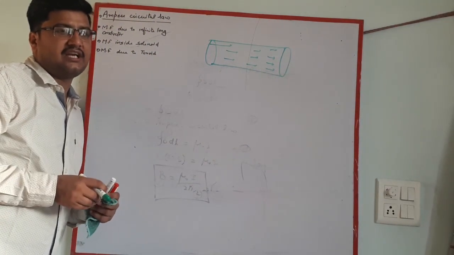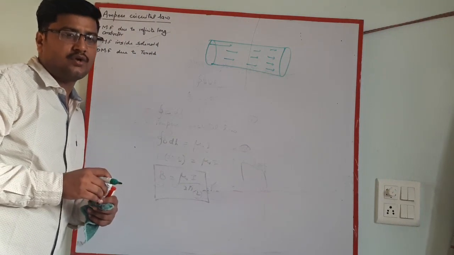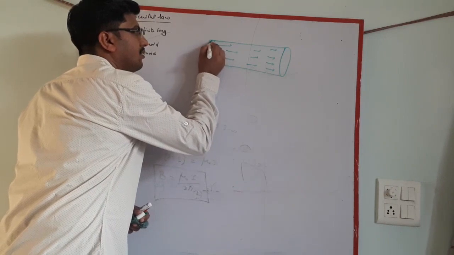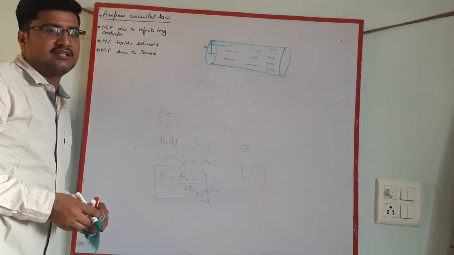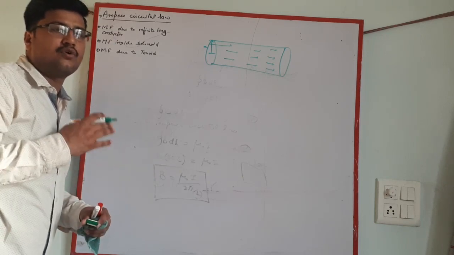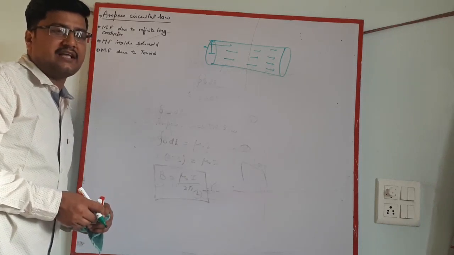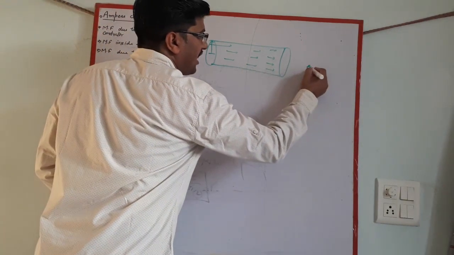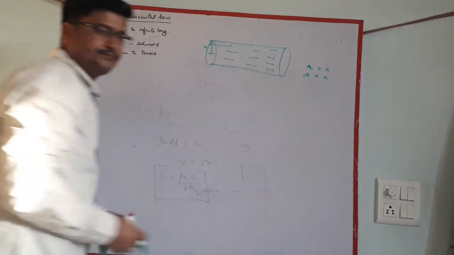This figure shows a long straight wire of a circular cross section of radius a, carrying steady current I. The current is uniformly distributed across the cross section, the whole cross section uniformly. Calculate the magnetic field in the region where r is greater than a and r is smaller than a.